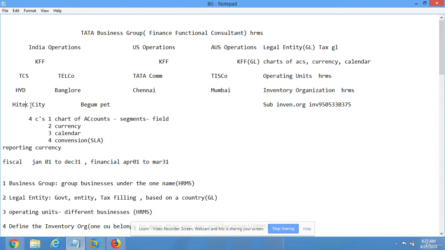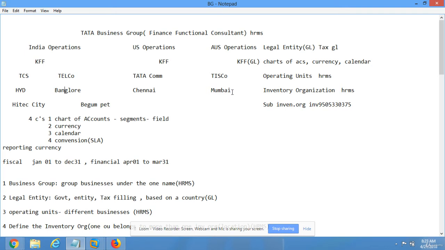Also, we have to move the quantity from one inventory to another inventory. Under one particular operating unit, we can have different types of inventories. But sometimes we have to move the quantity from Hyderabad to Bangalore, Bangalore to Chennai, Chennai to Mumbai, meaning from one inventory to another inventory.